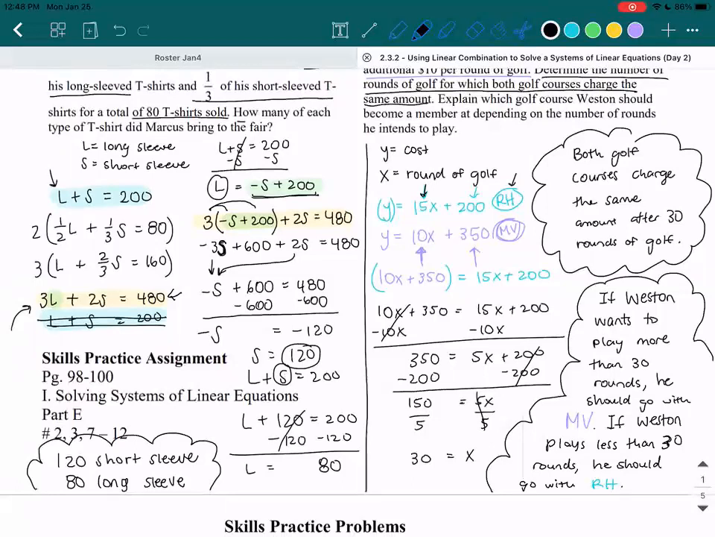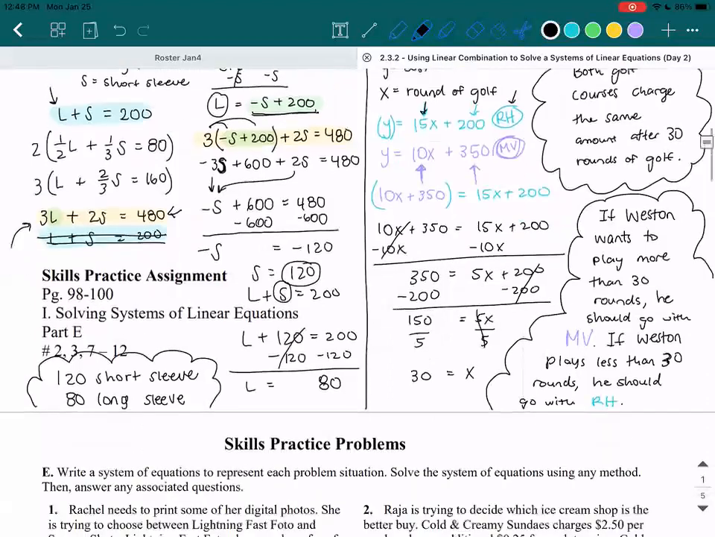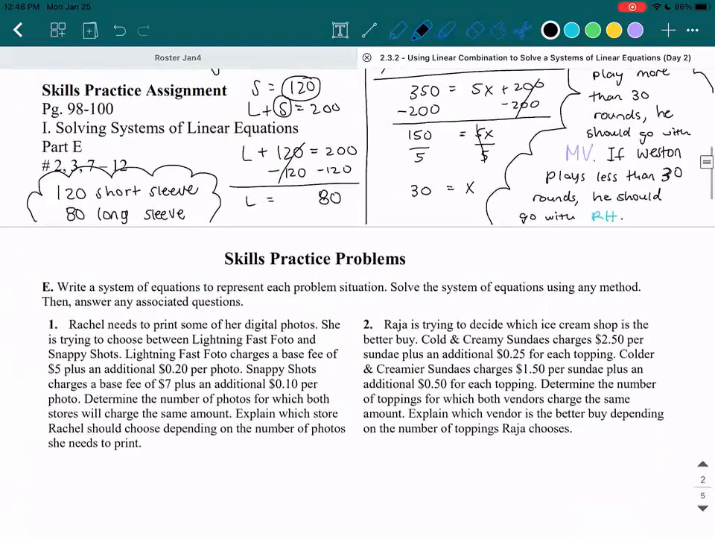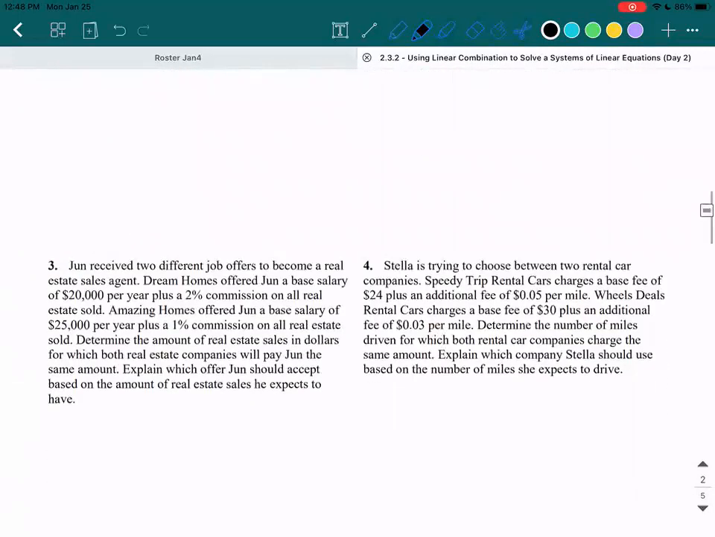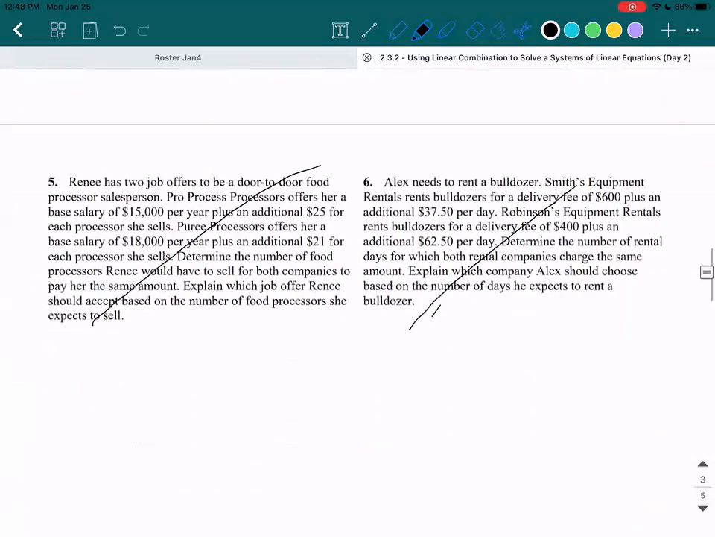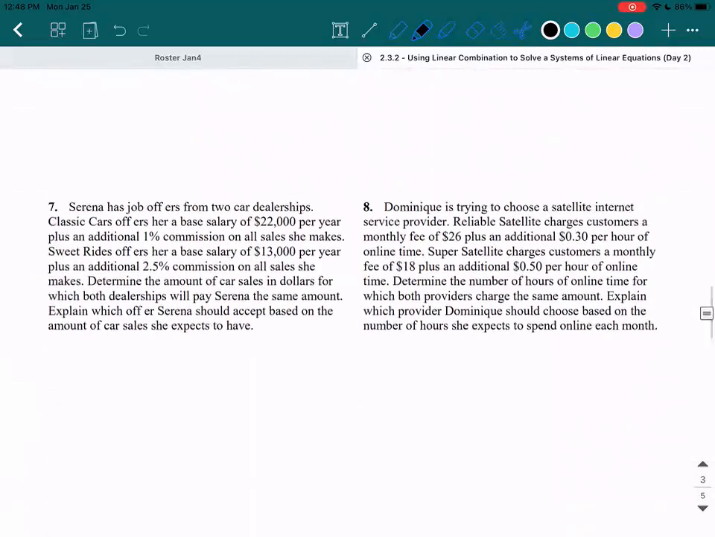Okay, now if you have any questions, please let me know. But other than that, the rest of the skills practice problems are for you to do. You're going to do Part E numbers 2, 3, and 7 through 12. So let me scroll through that. So notice it says Part E's number 2, 3, and 7 through 12. So I'm going to cross out 1. I'm going to cross out 4. I'm going to cross out 5 and 6. But you are supposed to do 7, 8,